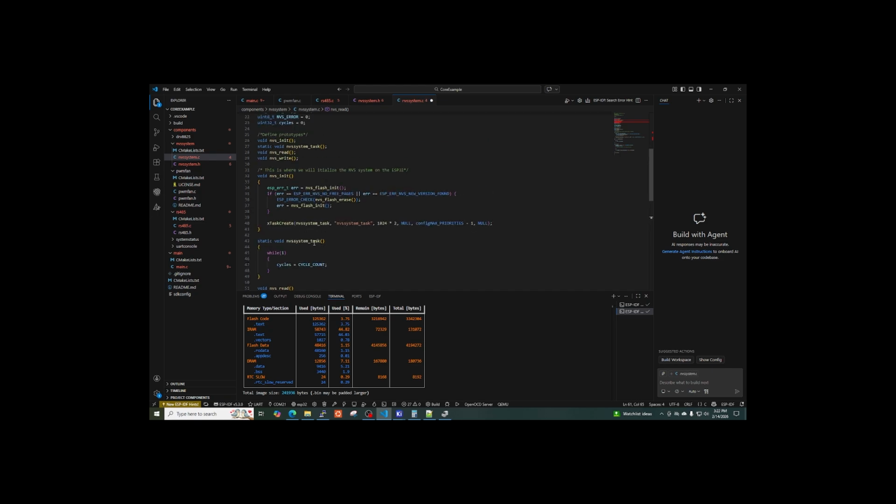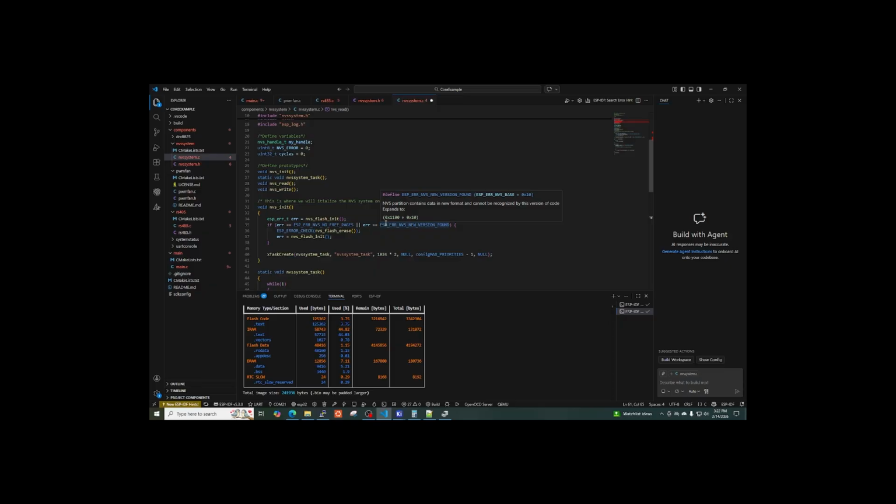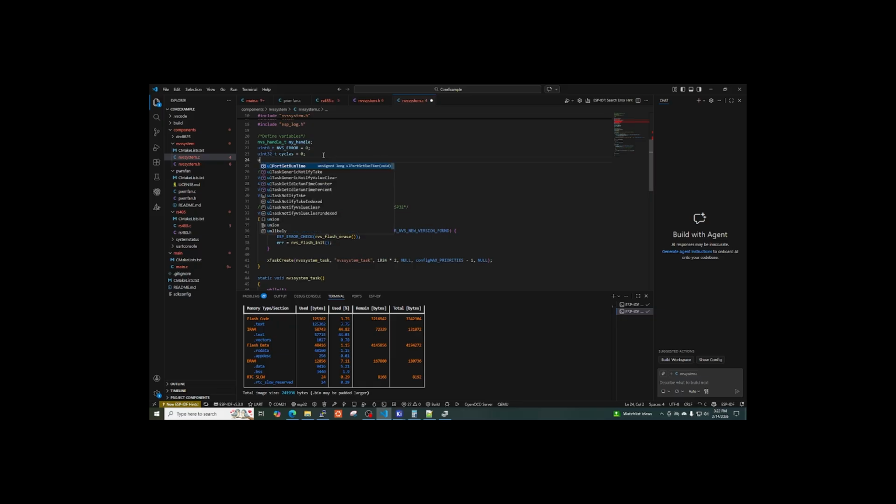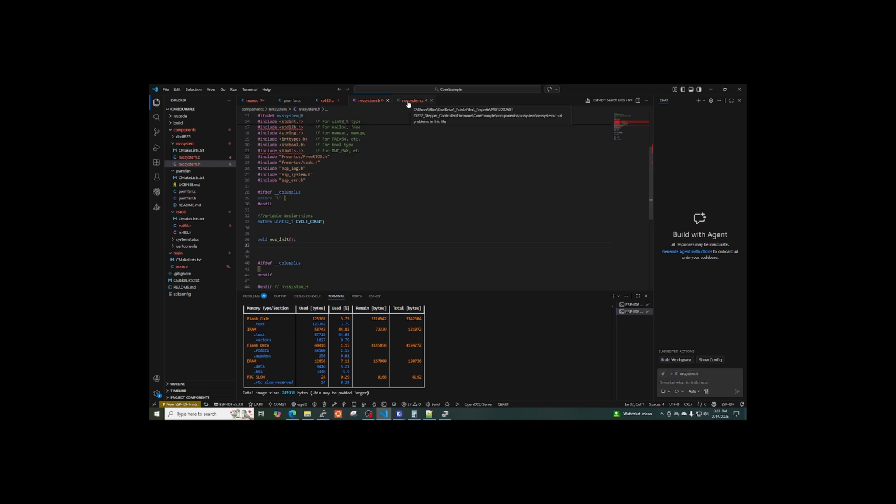I think I've got cycle count. Maybe... I don't know if it's going to complain about this, because it should be pulling it from here, but